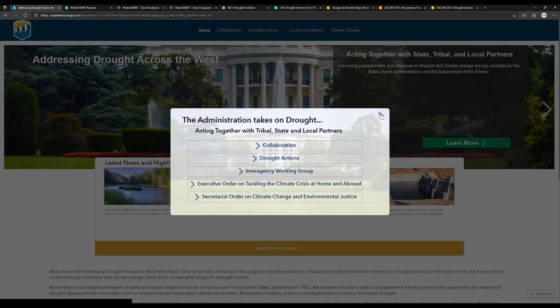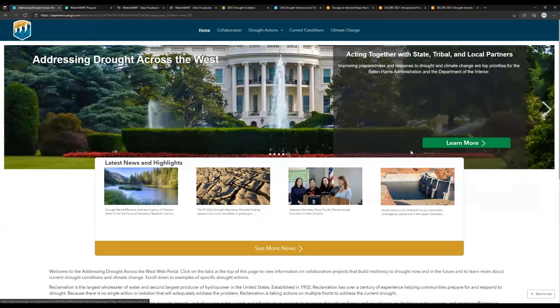So just so you know, there's a little bit more information on the administration and the actions that it's taking in that particular Learn More button. Next, going down the homepage, we have the latest news and highlights, and we are keeping this updated. It will include information on our latest funding opportunities. We have some funding opportunities for WaterSmart, an announcement coming out later this week. So we'll be sharing that on this page.